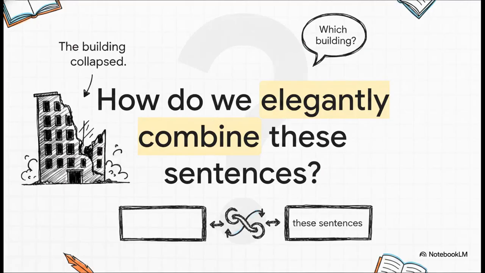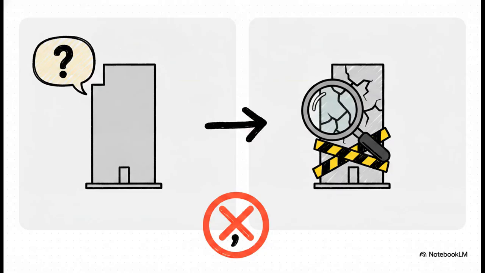Let's try another one. The building collapsed during the earthquake, and it had been declared unsafe years earlier. Pose this challenge to yourself. Think carefully about whether the building's safety status is essential or just extra info. I mean, think about the phrase, the building. If I just walk up to you and say, hey, the building collapsed, your immediate first question is going to be, which building? Right, because the building is completely unspecific on its own, this is a defining clause, which means